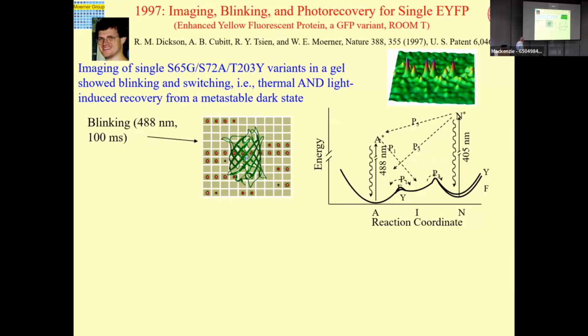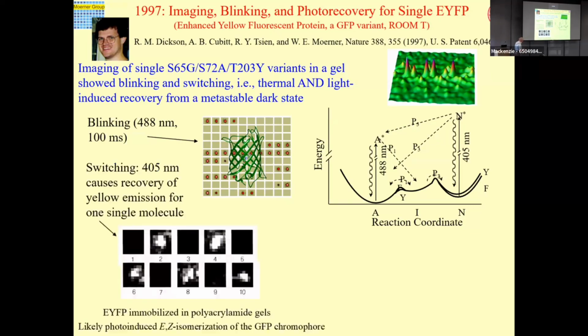But after watching this for a while, it completely stops. After a long time, it completely stops. Maybe that's another barrier going into a deeper dark state. And one thing that Rob learned is that if you turn on 405 nanometer light, a shorter wavelength, you can restore the molecule from that dark state and have it emitting again, and then do it again and do it again. So we call this photo recovery of molecules that have been put into a very long dark state.